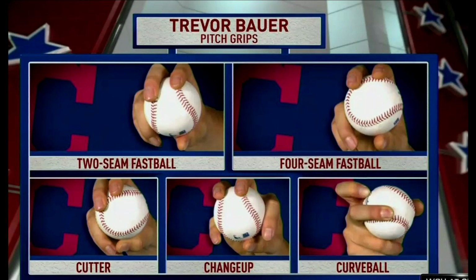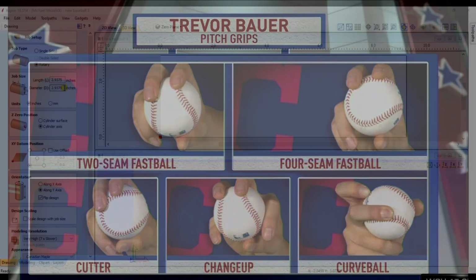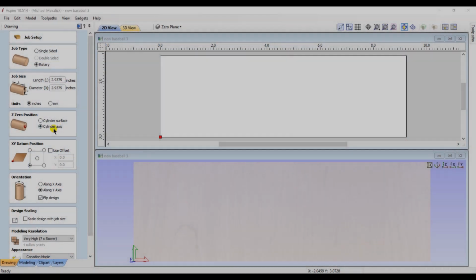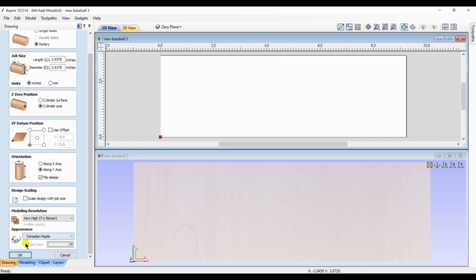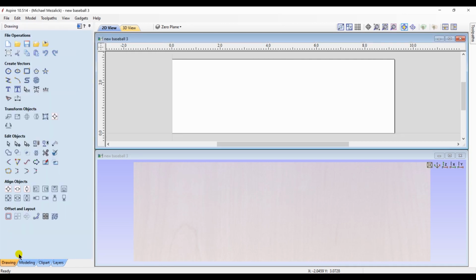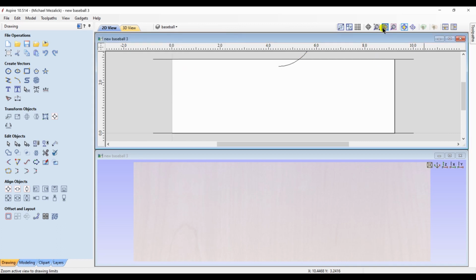So let's try this one more time. I open a session of Aspire. Unfortunately, this can't be done in VCarve because we're actually creating components. So in Aspire, I'm going to choose the rotary option. Don't worry, we're not actually going to be cutting this out on the rotary. So we have the option of at least using the rotary properties and benefits of the rotary in the designing